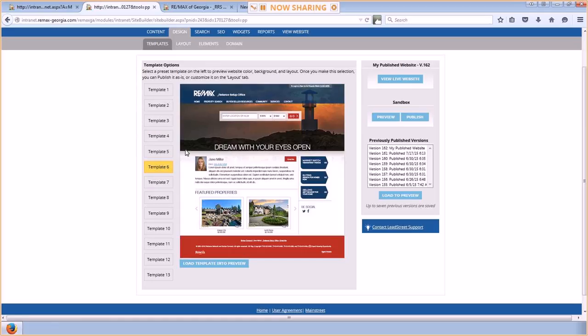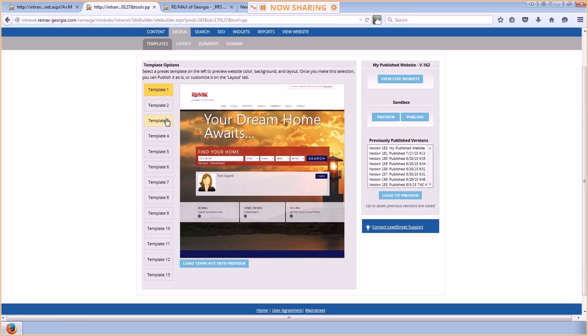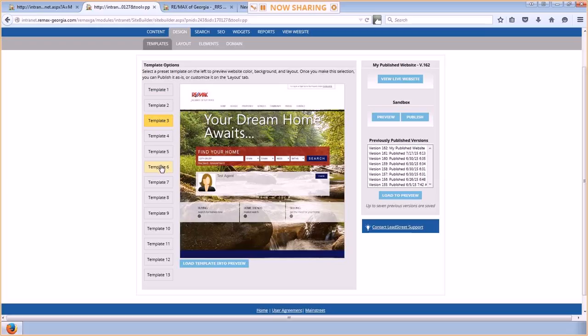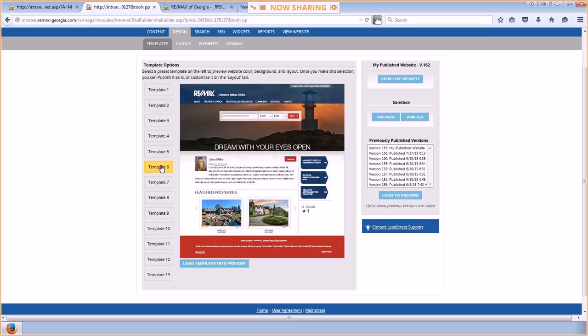This particular design that I've got displayed right now, this is the newest design. And then template 1 and template 3 are the other two designs that are going to be the mobile responsive. They're all going to have this similar look and feel where they've got this wide angle photo. You've got a cleaner, more modern layout and look. So those are the ones that we're going to look at today. We're going to pop in template 6 into our settings, and those are the ones that we're going to demo